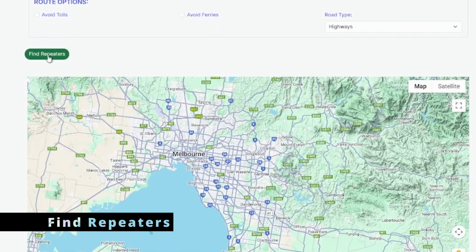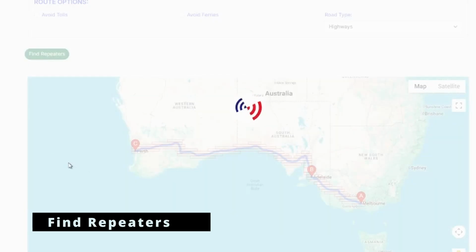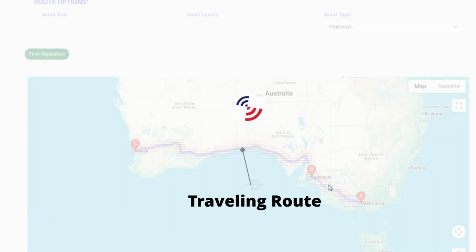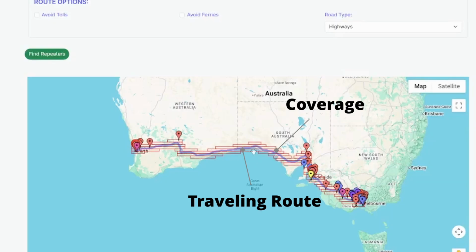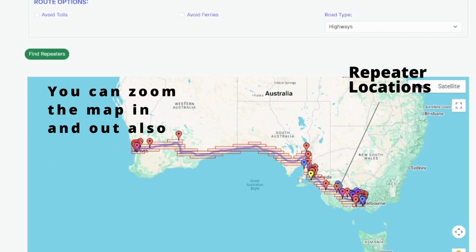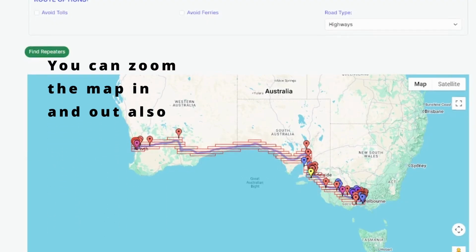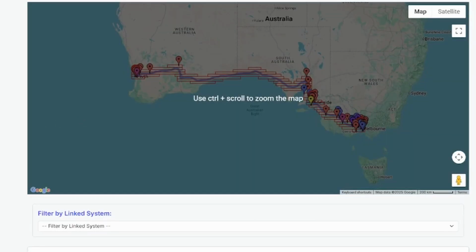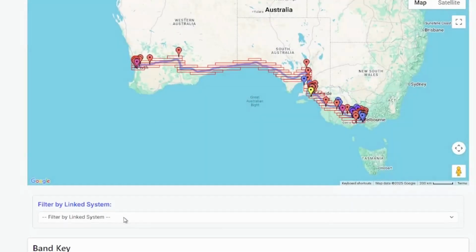So let's find repeaters. So it works out the route, the blue line. It puts the red lines around it, which is our 50 k's either side of the road. And then we can see where the repeaters are plotted like that along the route, which is pretty cool. You can filter by